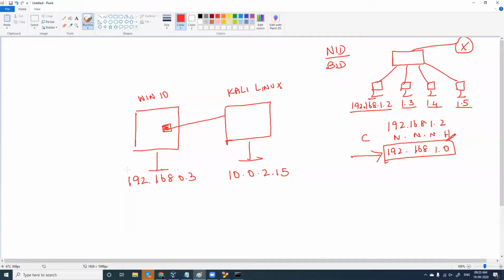Fine. So now I'm connected to my Wi-Fi here, and my computer's IP address is 192.168.0.3. But why is the Kali Linux IP address in class A? So the network ID of this is not equal to the network ID of this, which means this computer here, which is inside VirtualBox, is acting like it is in a different LAN. It is behaving like it is in a different LAN. Do you want this, or do you not want this? Fine, we have to decide this.